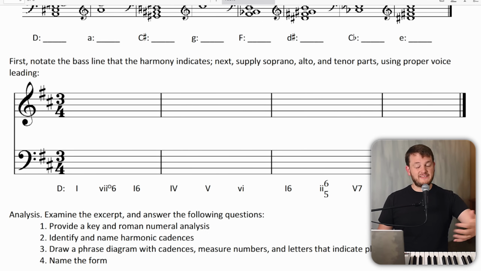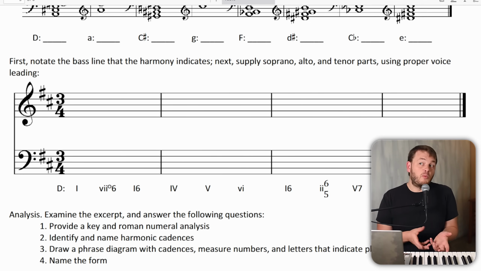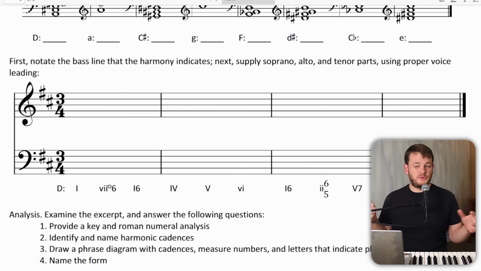But I understand for lots of instrumentalists who only deal with a single note, or singers, or even lots of pianists, this is just so abstract and difficult for us to wrap your mind around. And they give a really mean example, in my opinion. One of the trickiest things to do with part writing is when you have like a scale in your left hand, because it's so hard to not make perfect fifths somewhere in there, but it's also hard to not run out of notes or not have a voice do a huge leap over another voice